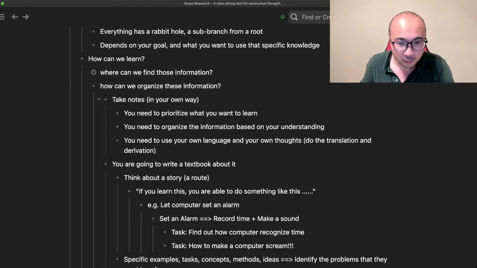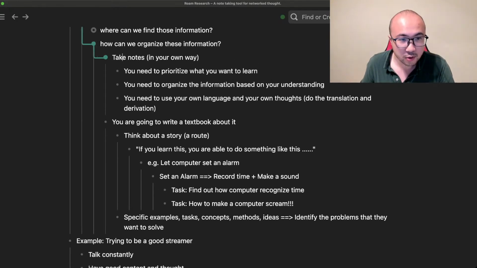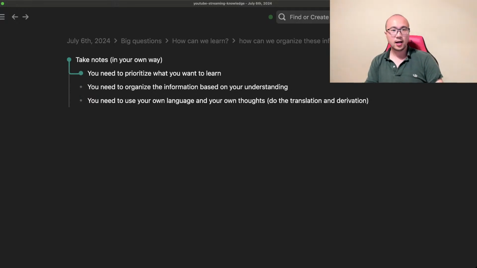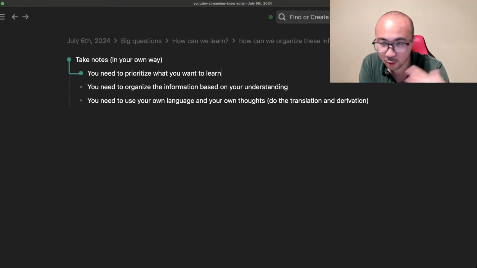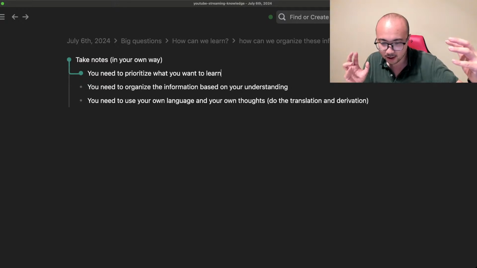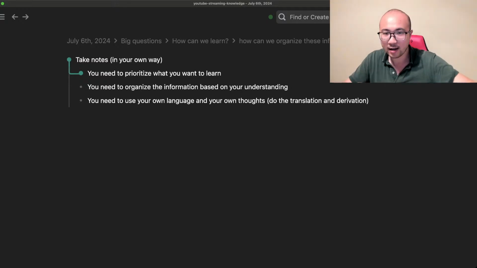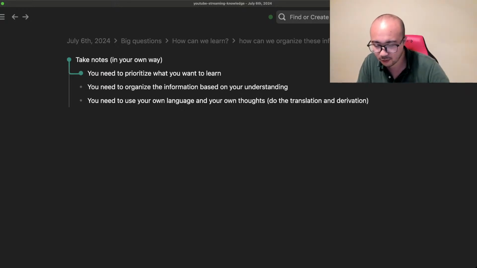Yeah, so take notes, right? First you need to prioritize what you want to learn, because if you want to learn programming, for example, if you want to learn a specific language, then there are so many different things to learn. It's like everything is an onion, right? It has different layers. And if you want to learn them, you really need to first understand what kind of